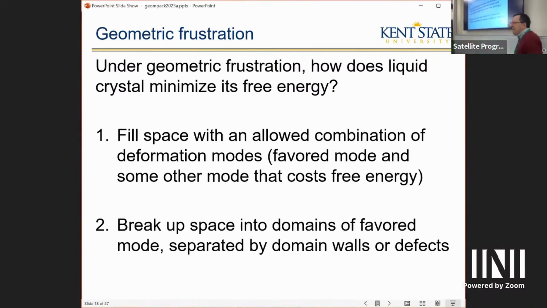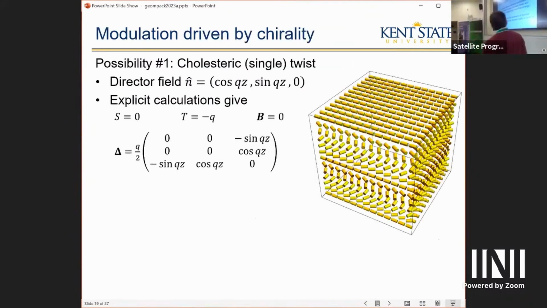Alternatively, it could break up space into domains of the favored mode, separated by domain walls or defects. Okay, both of these things happen. Let me show you. So first, let's think about the chiral case. Okay, so the case where there is a modulation driven by chirality that makes a favorable twist, but everything else